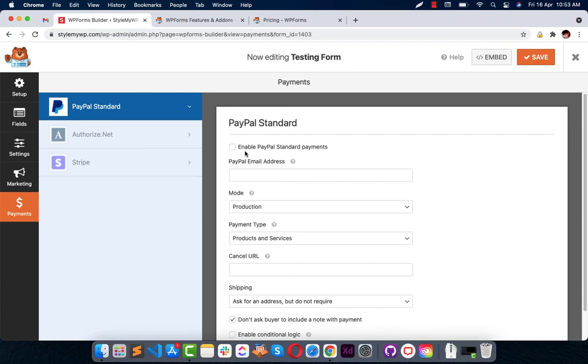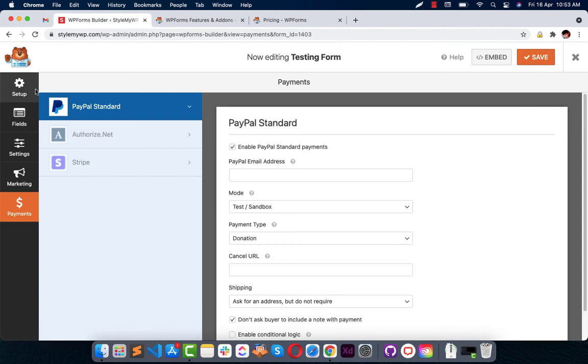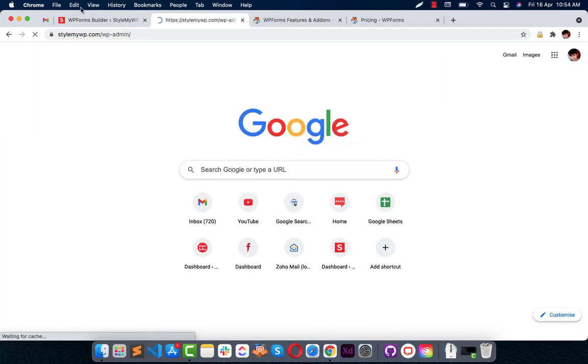PayPal Standard should be enabled to receive the payments: your PayPal email, all that, and cancel URL, mode, test sandbox, PayPal mode, donation, all that. When you apply all that, you can just save the form and go to your Elementor builder.